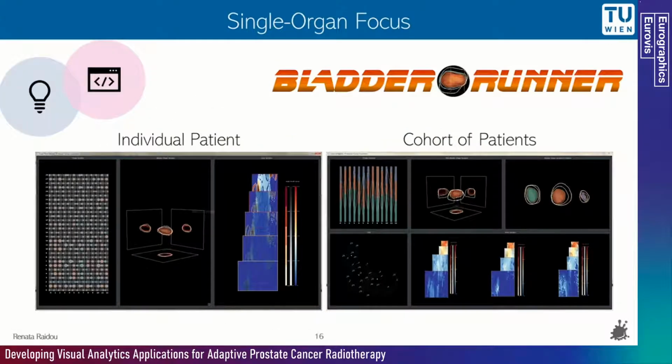So the first application with a single organ focus was Bladder Runner. And the contribution of this work was the design and implementation of this tool, which allows clinical researchers to visually explore and analyze the impact of bladder shape variations on the dose distribution during the course of radiotherapy treatment. The investigation of the radiation-induced bladder toxicity in Bladder Runner could be conducted both for individual patients or in a